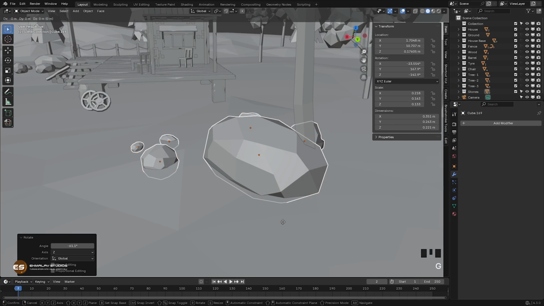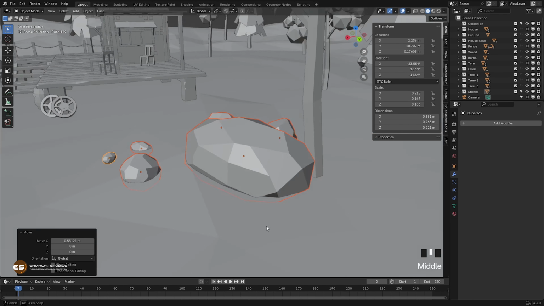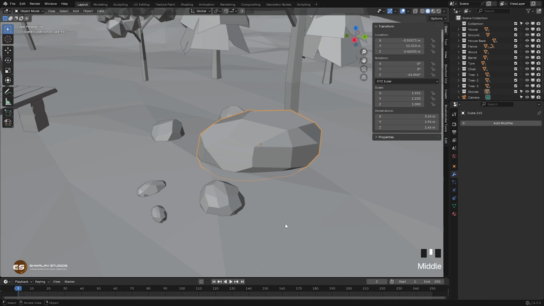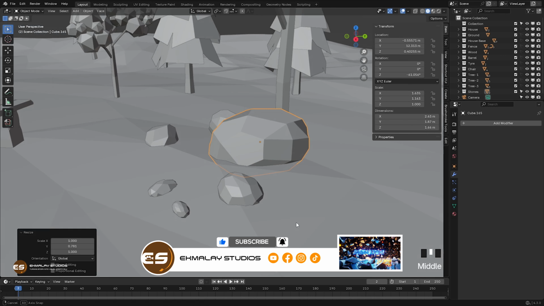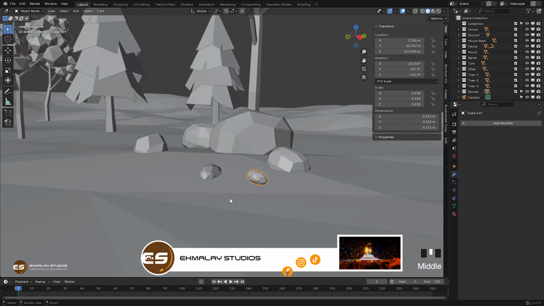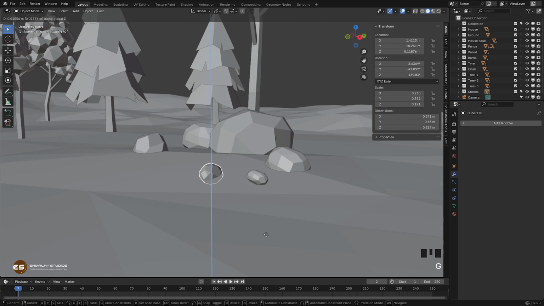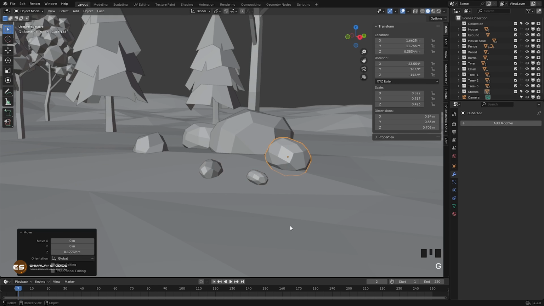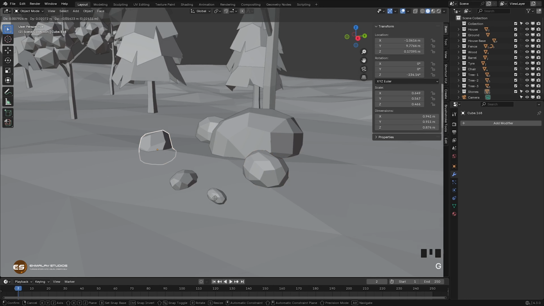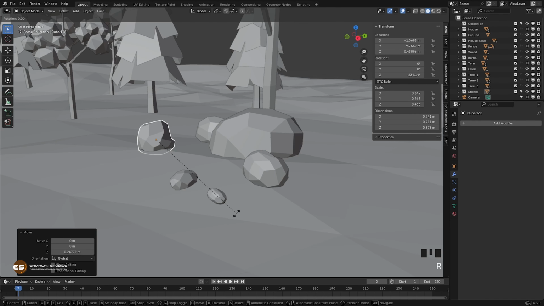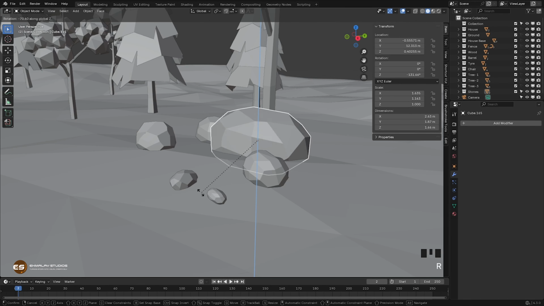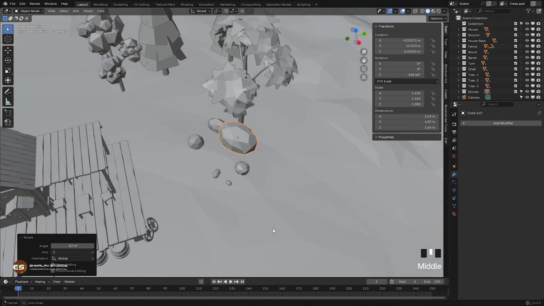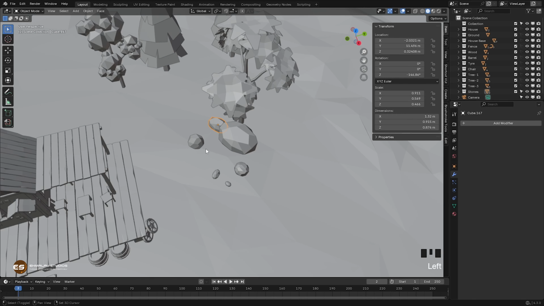Okay, G, X, okay, select this one, and S, for example, Y, just make it a little bit different, and select this one, G, Z, move it up, and this one, G, Z, move it up like this. Okay, this one too, G, Z, move it up, R, Z, rotate, just make them a little bit different. Okay, like this, and let's select these again,